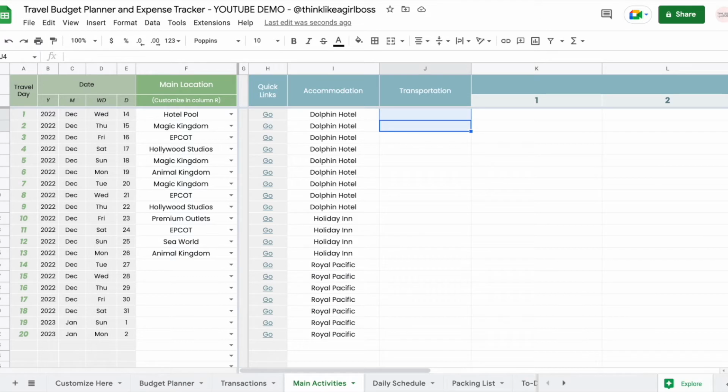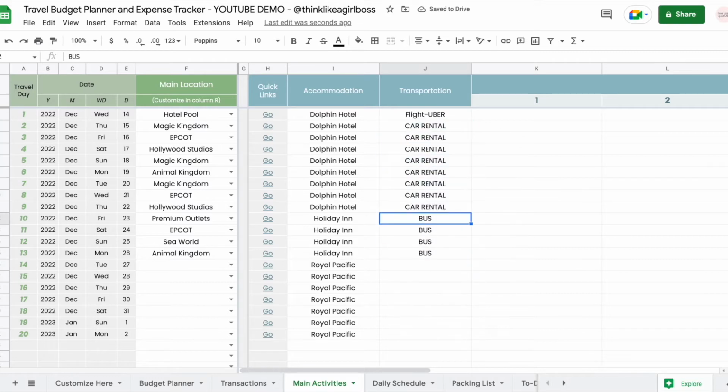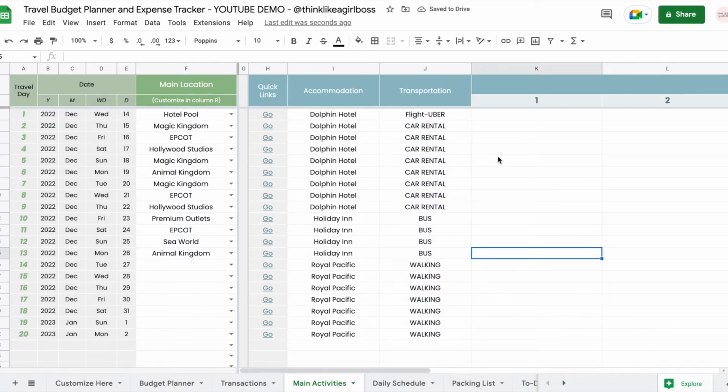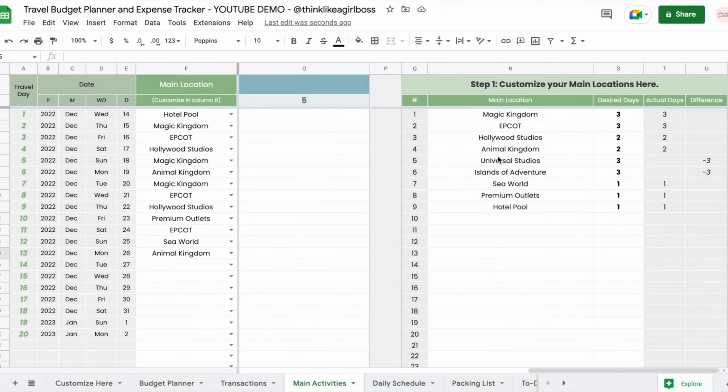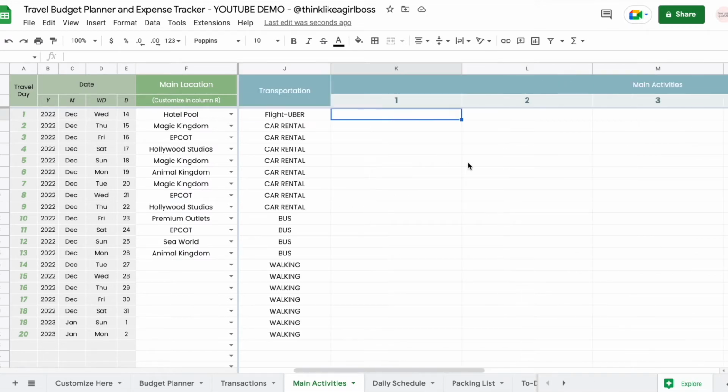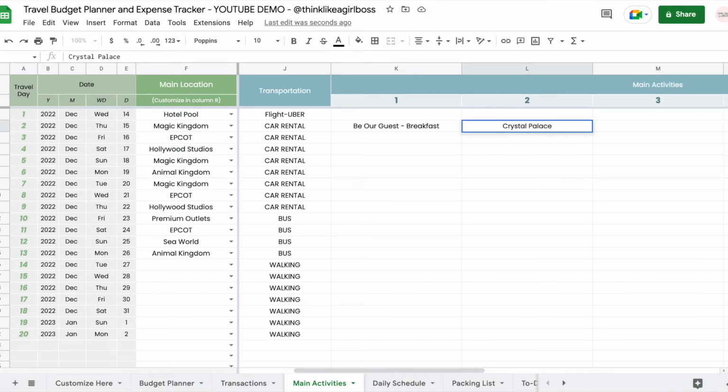So for transportation, I'm going to take a flight, and then I'm going to Uber to my hotel. So that's it for my transportation methods. And then you have room for 5 different activities per day. So for example, for Disney World, maybe you're gonna make reservations to eat somewhere. And then I want to have dinner at the Crystal Palace. And then I must